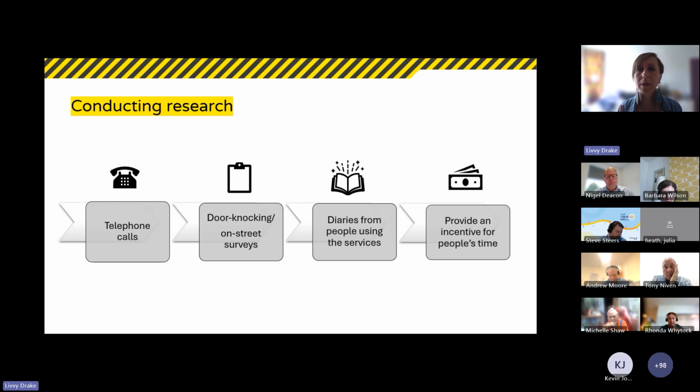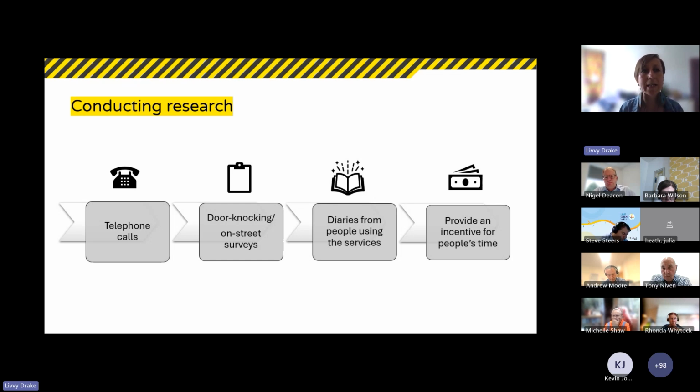So quite often it's because people can't get to the local tip. They see their neighbours doing it. They don't know what a bulky waste service is. They don't know how to access things. They don't think it's important. Some people think that fly tipping is okay because other people benefit from it. It's not. They don't see it's a big issue. They're not attached to the local area. So there can be multiple reasons.